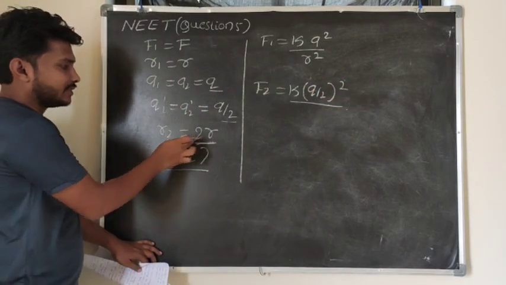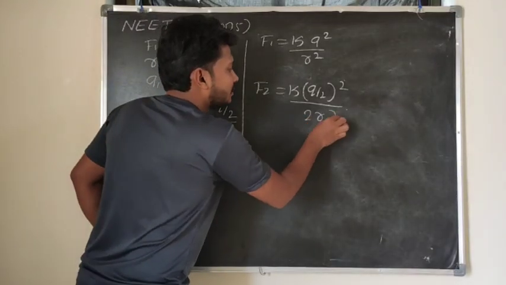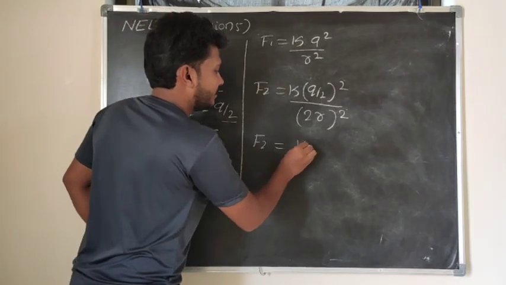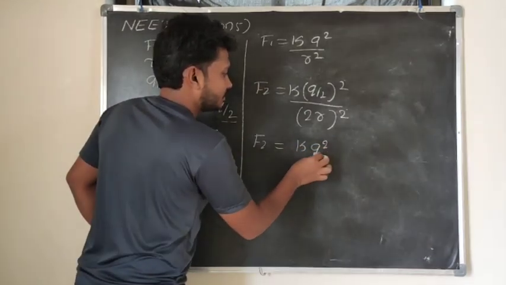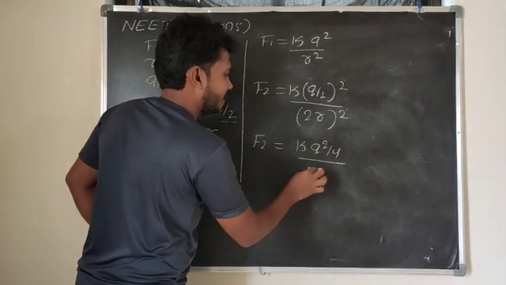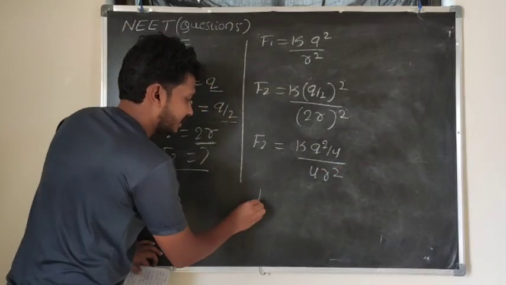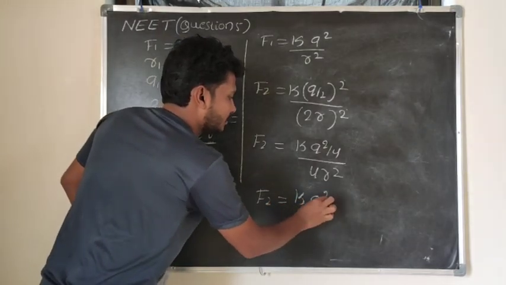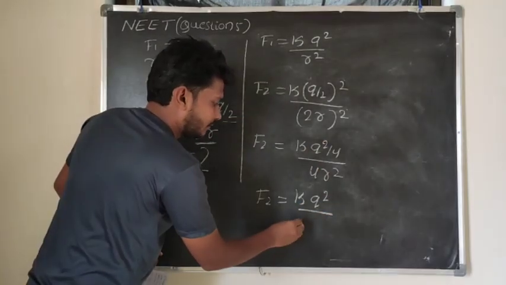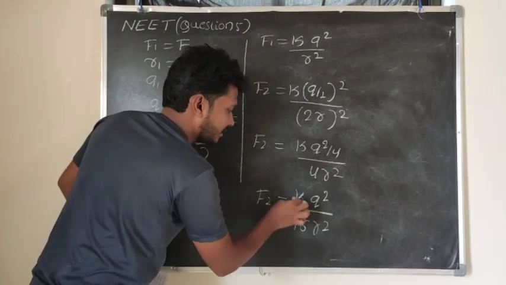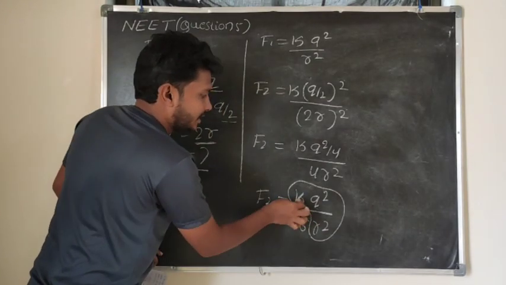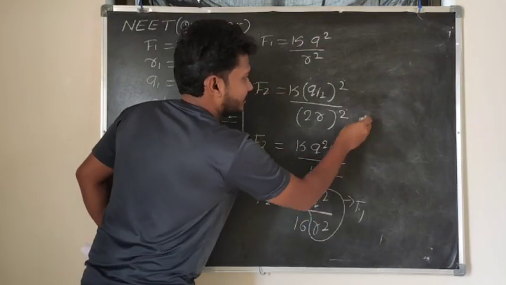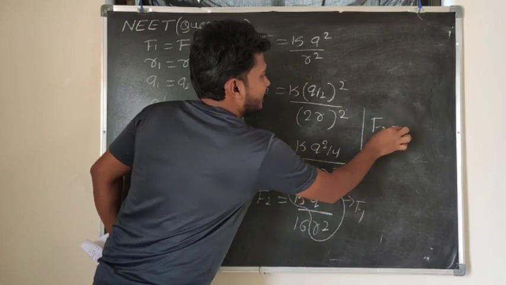And the distance value R2 is double to R. Then F2 is equal to K into Q square by 4, whole divided by 4R square. Let me write it here. F2 is equal to K into Q square, 4 into 4, here 16 R square. So what's that value here? K Q square by R square is nothing but F1 here. So then F2 is equal to